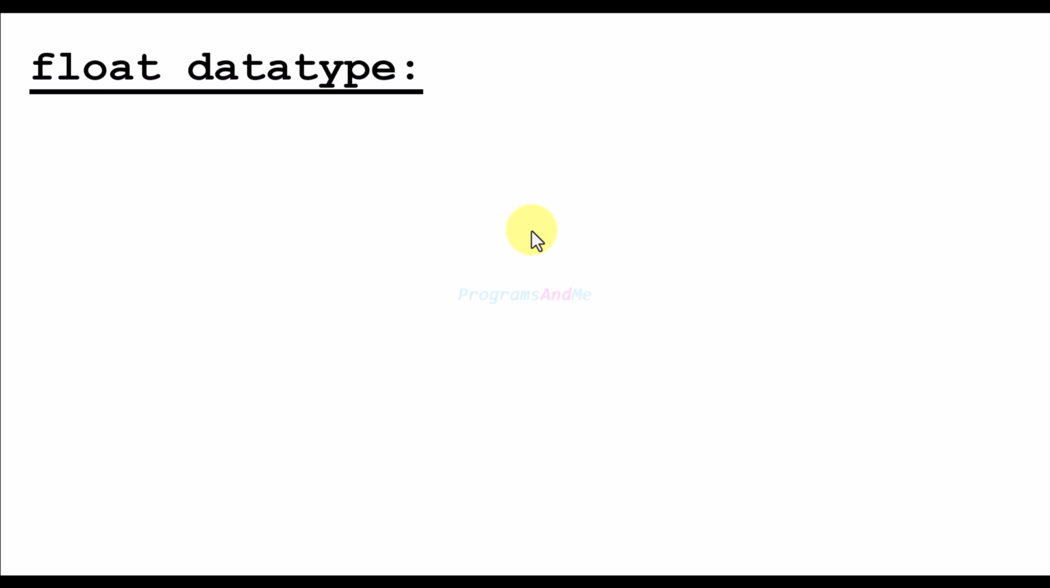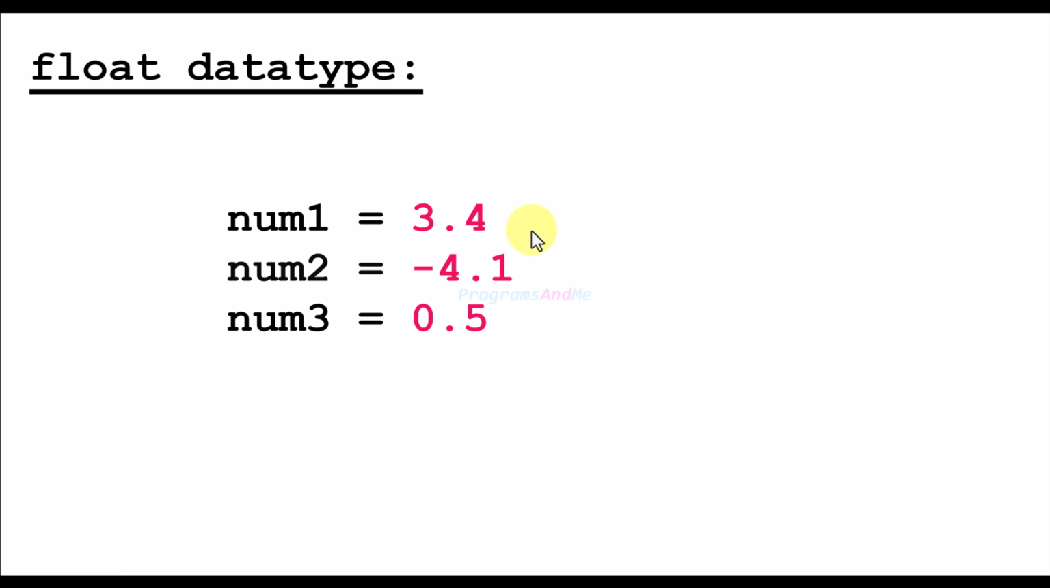Next, let's talk about float data type. Float stands for floating point numbers. It is used to represent numbers with decimal points. Here we can see a few examples. Data types of 3.4, -4.1, 0.5 is float here. In programming, when we work with numbers that have decimal points, float data type is used. This tells the computer that these values are floating point numbers, so it knows how to store and process them